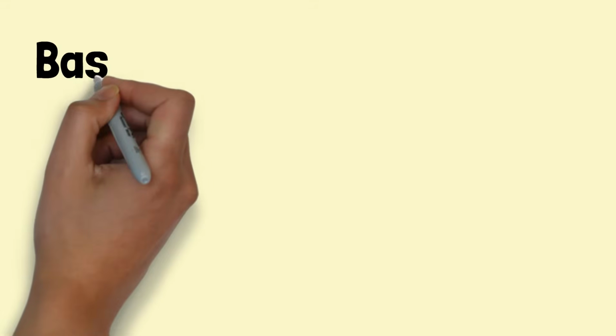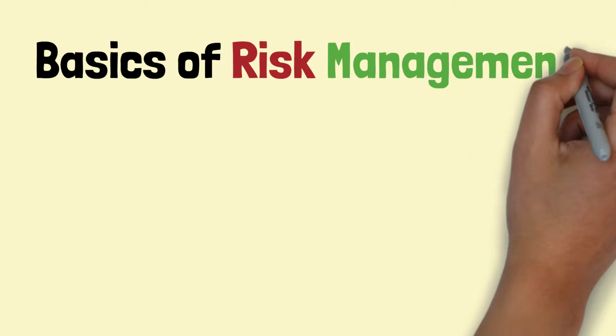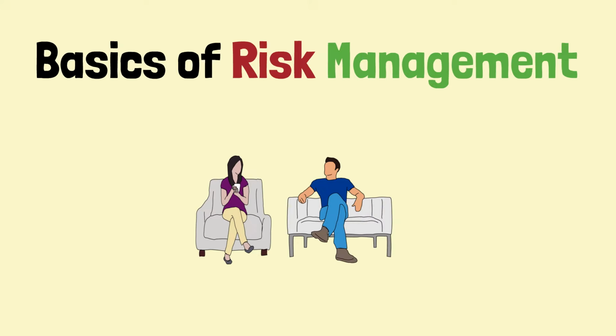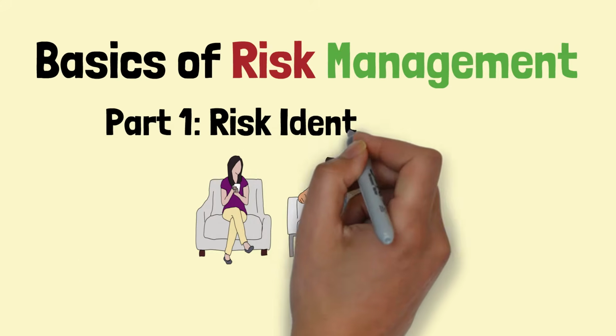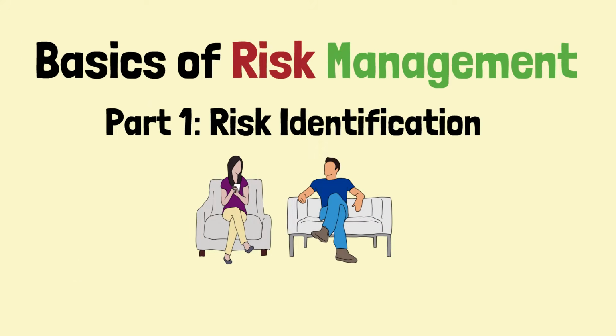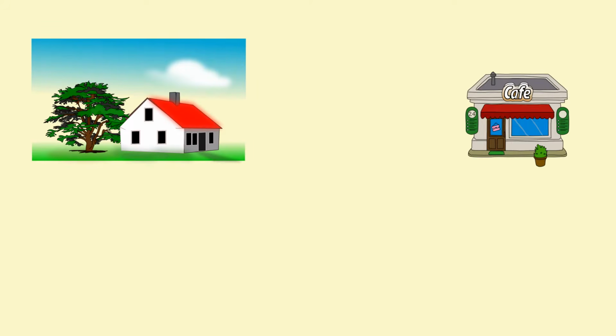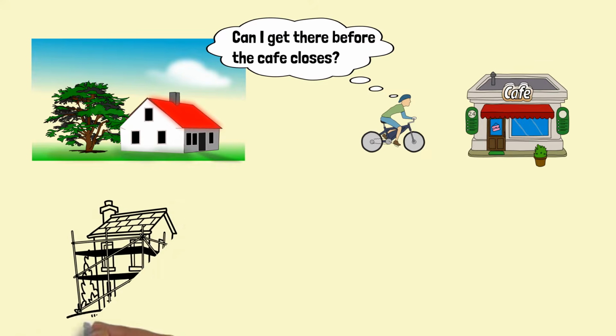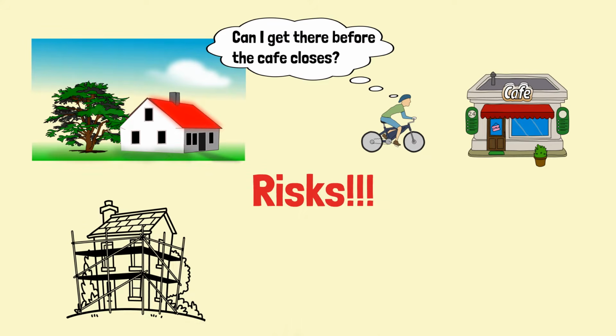In this risk management series, I will explain the basics of risk management and how we can apply risk management in our daily life. Part 1. Risk identification. Whenever you want to work on something, from a simple task like cycling to a cafe for a cup of coffee, to a more complicated activity, for example, undertaking house renovation, risks inherently exist and could derail your